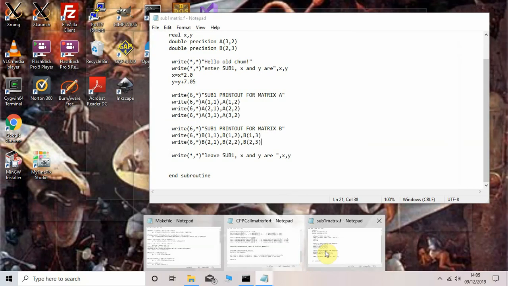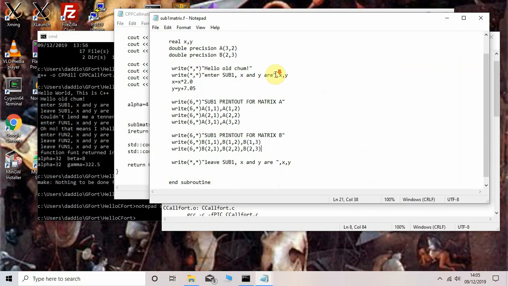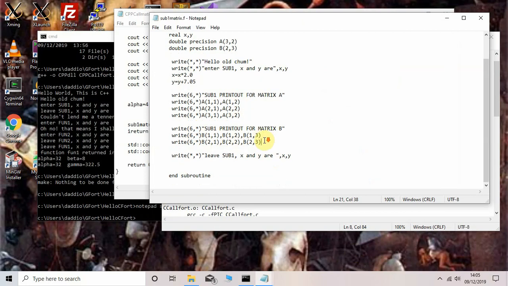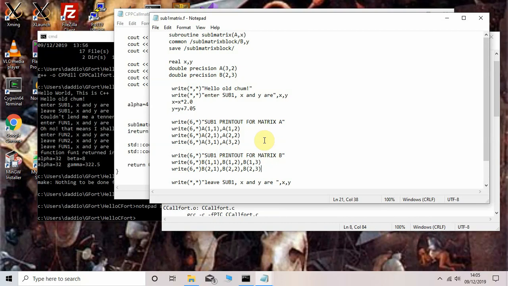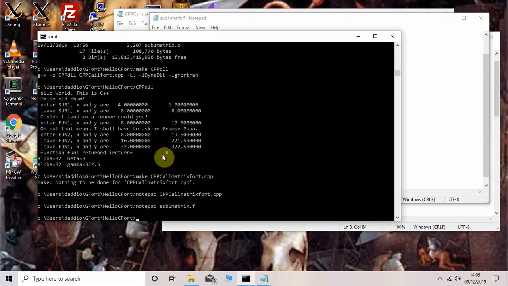And let's have a look in sub1 matrix. We'll just write out the matrices as they've arrived, and again we can check to see that what it's writing out is the transpose of the matrix that they're given. This isn't really any inconvenience when you're calling FORTRAN from C or C++. It's just something you have to remember, but it doesn't mean you have to do much in the way of extra work. So let's do make C++